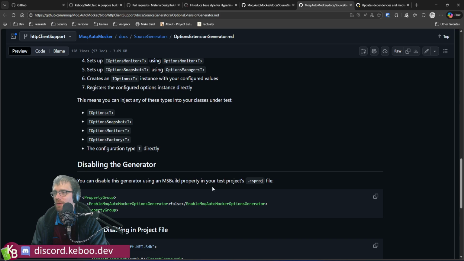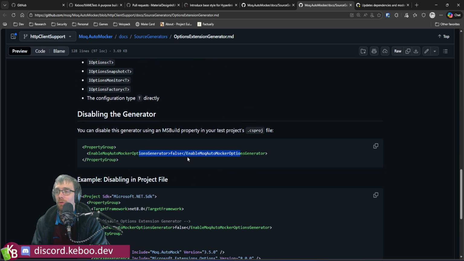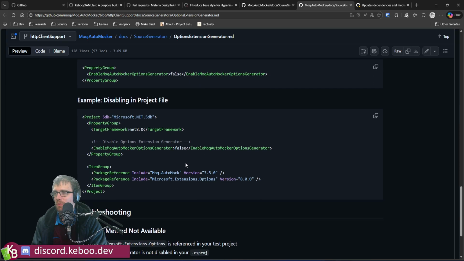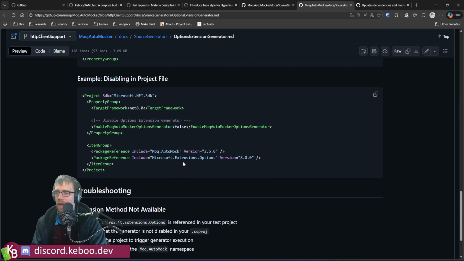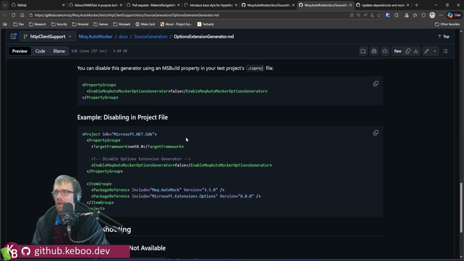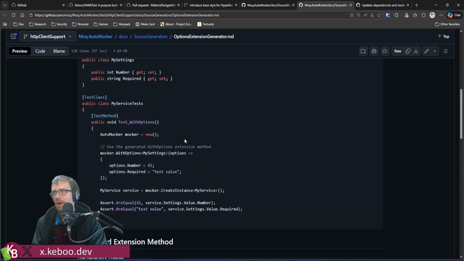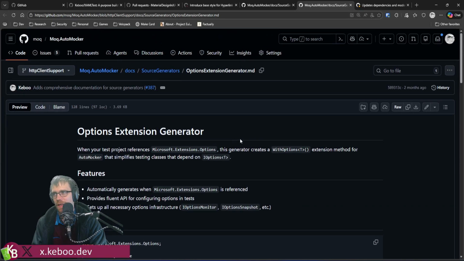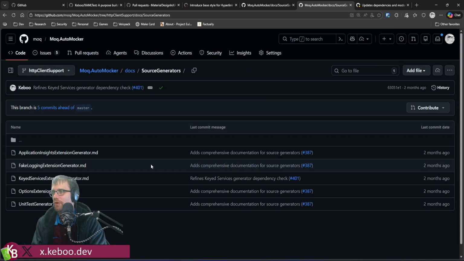And it goes through. There's also, if you don't like the generators, you can just turn them off. Like there's MSBuild switches. I turn them on by default. I argued with myself for a long time about what the proper default should be, and decided that if they were off by default, no one would ever find them or use them. And figured that having them on by default, and it did cause a handful of issues to get logged. I kind of suspected it would bite me, but it ended up being a good thing to do, I think,